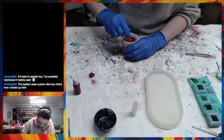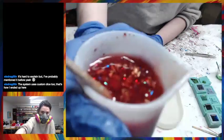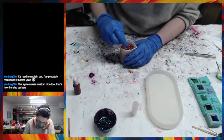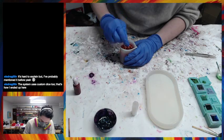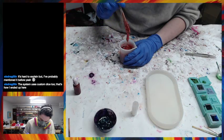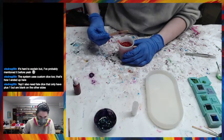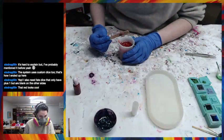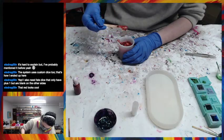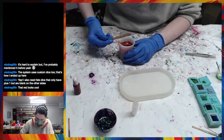There we go. Alright, I think this is looking pretty good. Let me show you. It's all red and foily and sparkly. I think that's looking pretty good. I feel like that looks like the right amount of things. I'm trying to kind of match a thing here. I'm hoping that it's red enough once it's... You also need fake dice. Oh! +1, but a blank on the other sides. Ah, okay. I'm worried it's going to be too pale once it's thin. Because I feel like when it's all like this, it definitely looks...